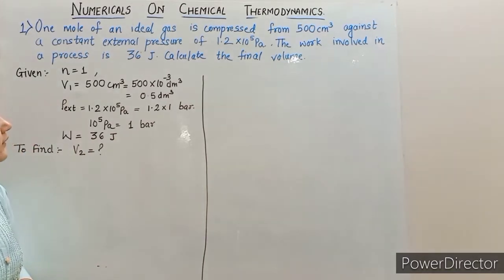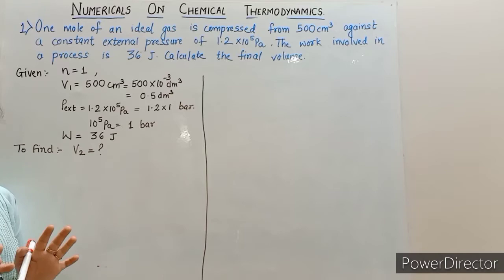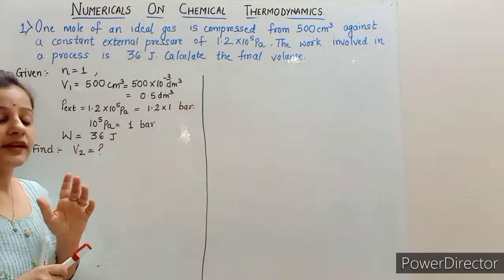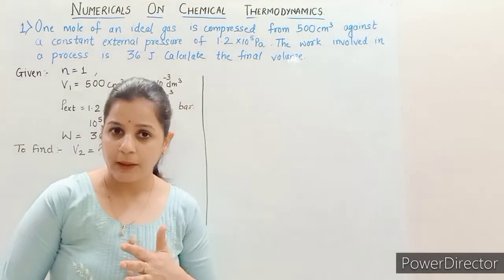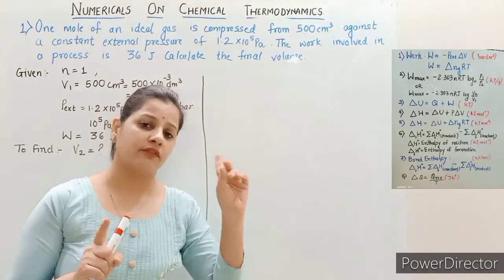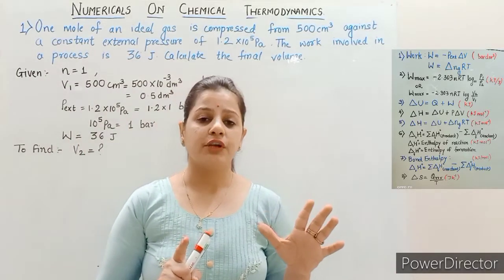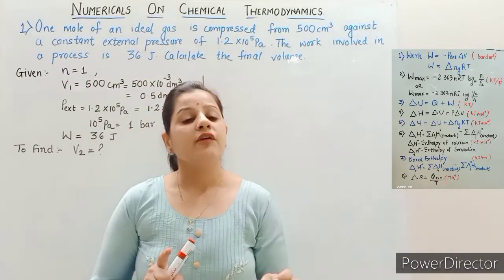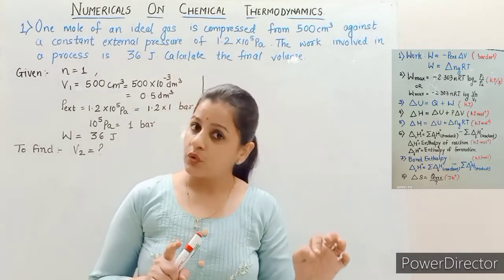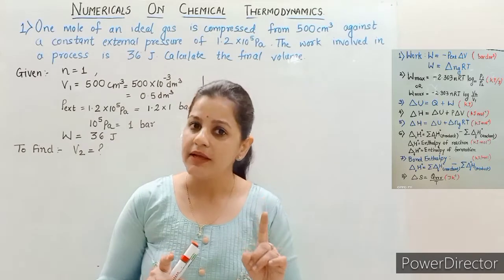Okay, now in this case, since all these values have been given, what do you think? Which formula will we use? We will use W max or we will use just the W? Okay, yes. In this case, we are going to use simply W. Why we are not using W max? Because W max, I have said while teaching the maximum work done formula at that time, also in the video, I have taught you that whenever a work is done with an isothermal and reversible process, then only the work done will be W max.